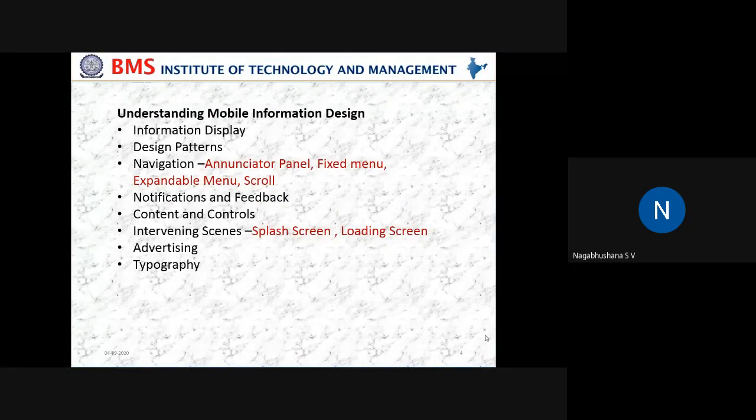Okay, so there can be different kinds of notifications, which depend upon wherever you have downloaded the apps. Maybe you would have downloaded some apps from the Play Store, and you would have got some notifications about the reviews, or maybe the updates which you want to do on the installed apps. So that is about notification.